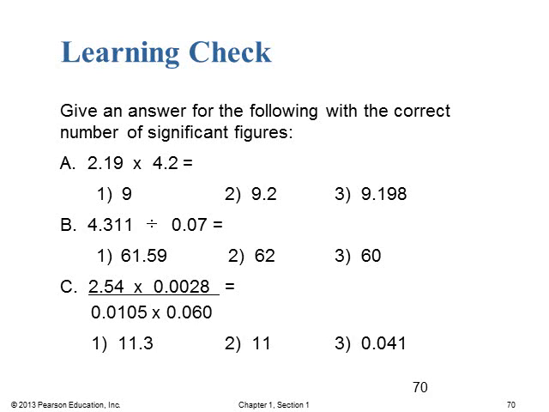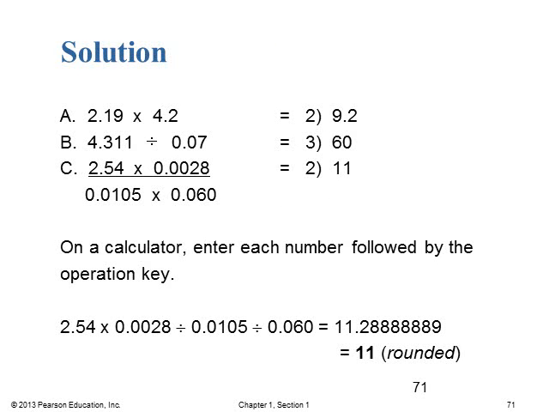And so remember that the number you're chopping off is 0.288889, and since that first digit being chopped off is a 2, which is less than 5, then we just keep the remaining numbers the same, which is 11. Okay, and so there you get the answer, and it kind of just shows you how you can enter this into a simple scientific calculator if you are unable to do your parentheses and such. So if you just took 2.54 and multiplied it by 0.0028 and divided it by those numbers, it would have given you the correct value.